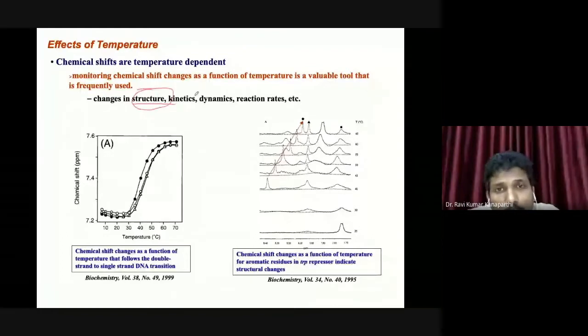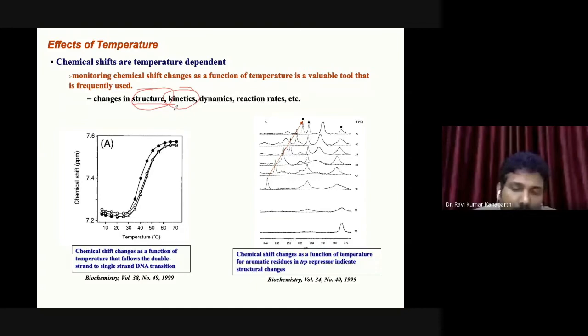And then you can also do some kinetics experiments. I mean, how much denaturation, the single strand to double strand conversion: as you increase the temperature of a DNA, it goes from one conformer to the other, single strand to double strand to single strand. This conformation will change, the dynamics will change. Now the question is how much time it is taking. If you want to really estimate that, NMR is one of the good tools, and in fact many people have done a lot of interesting experiments using the NMR.